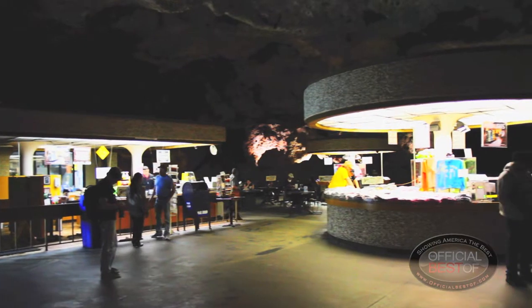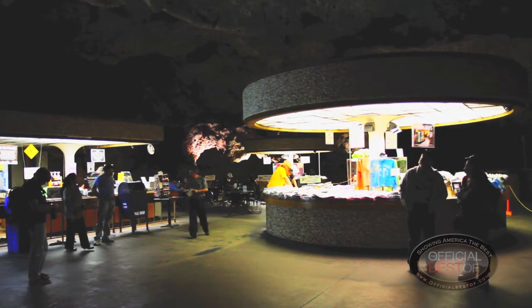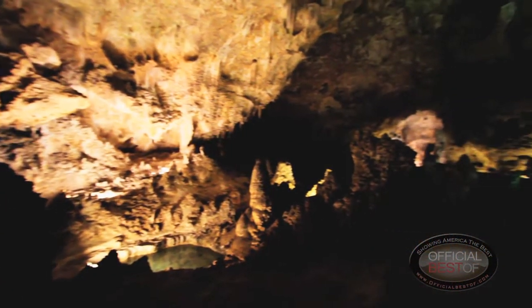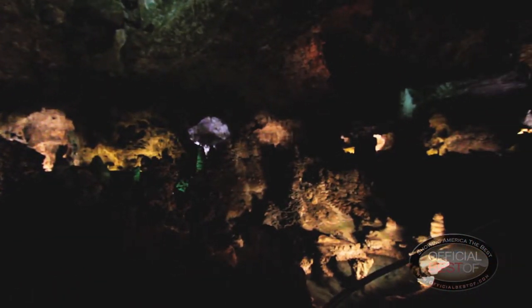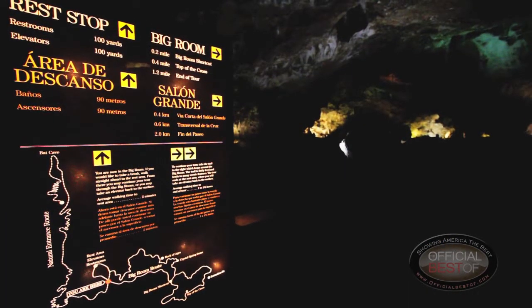There you'll find a map of the cavern system, as well as a lunchroom within the cave where cafeteria-style munchies can be enjoyed. The cave climate is cool and varies little from the annual 56 degrees Fahrenheit average temperature. The main attraction is the Big Room, accessible by elevator or via a short trail from the Visitor Center to